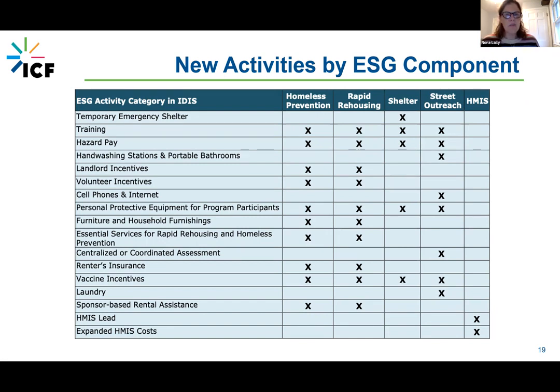So this chart is really useful because it tracks all of those new activities that we just talked about, and it categorizes them by the component under which they are eligible. As you continue to work with this program, I think you, like me, might find that this chart will be something you have on the wall next to you and refer to often.